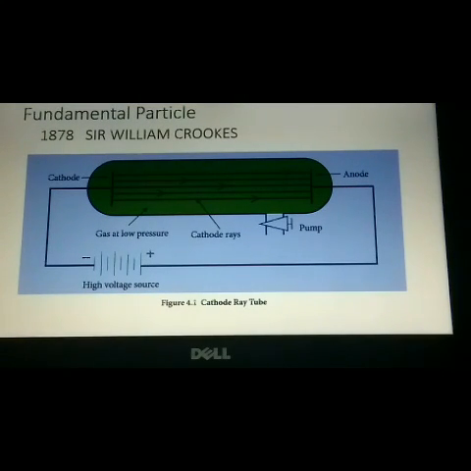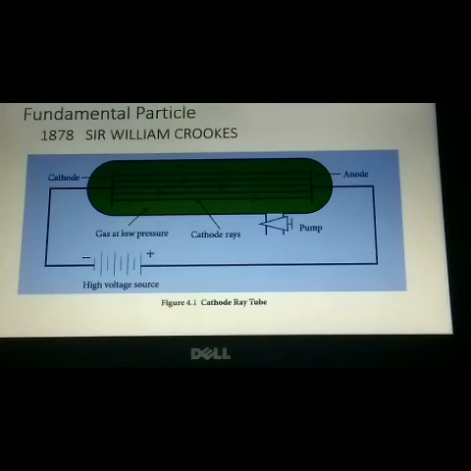During the year 1878, a scientist called Sir William Crookes, while doing an experiment using a discharge tube, found certain visible rays traveling between two metal electrodes. These rays are known as Crookes rays or cathode rays. The discharge tube used in the experiment is now referred to as Crookes tube, or more popularly known as cathode ray tube. With the help of this picture we can learn how he did this experiment.